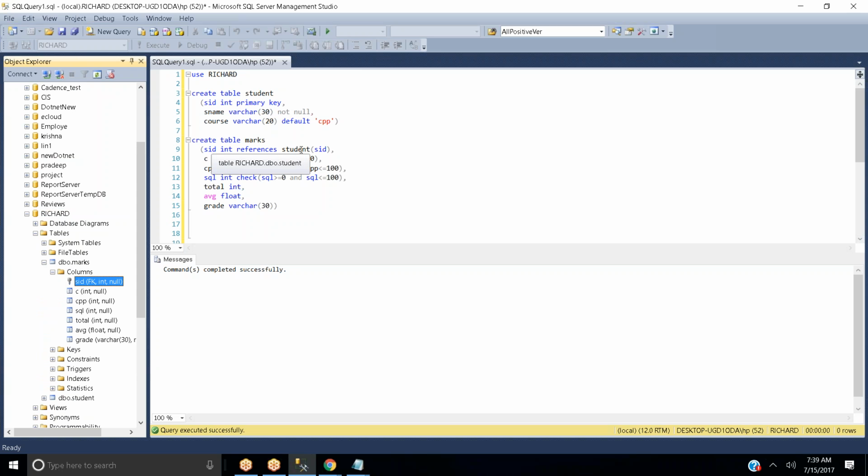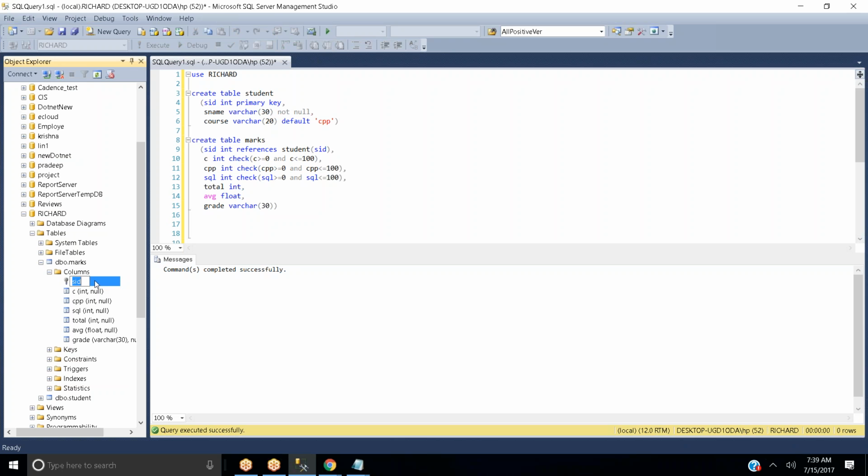You don't need to specify the foreign key directly, but when you give references, it automatically comes as a foreign key here. Yesterday I told you about the relationship between two tables, the student table and the department table. In your department table, department ID is given as primary key, and department ID in your student table is given as a foreign key, correct? You can establish that using the keyword references. So this student ID in the marks table will act as a foreign key, and this student ID in your student table will act as a primary key. Fine.